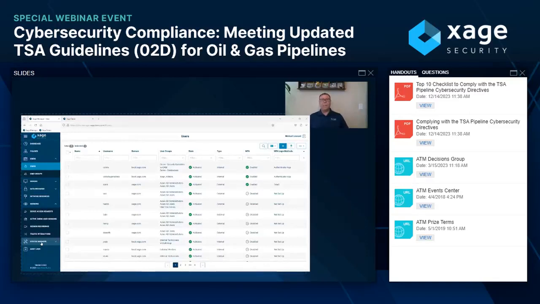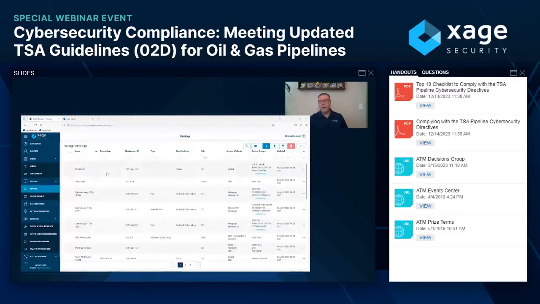So this gives you the ability to have the directory in your OT network. You can produce this list if you wanted to. You could download it into a CSV, whatever you wanted to do. But you have the ability to see all these different users and how they're interacting with things, the policies that they're part of, and then the same with the devices. They get to go into our directory as well.